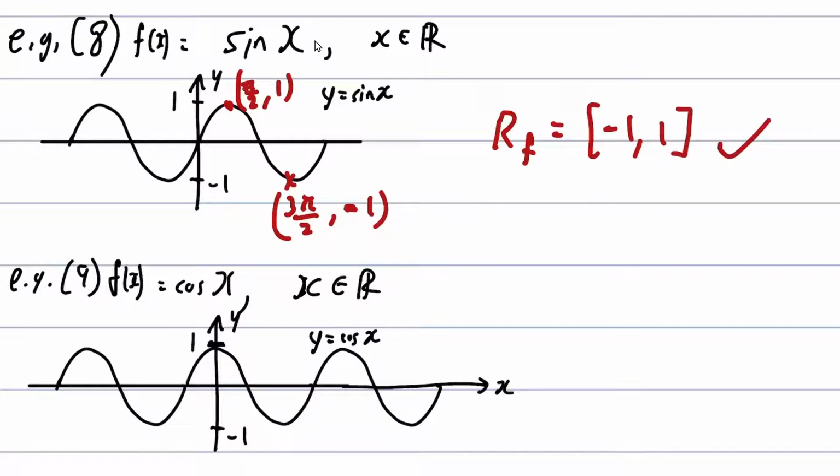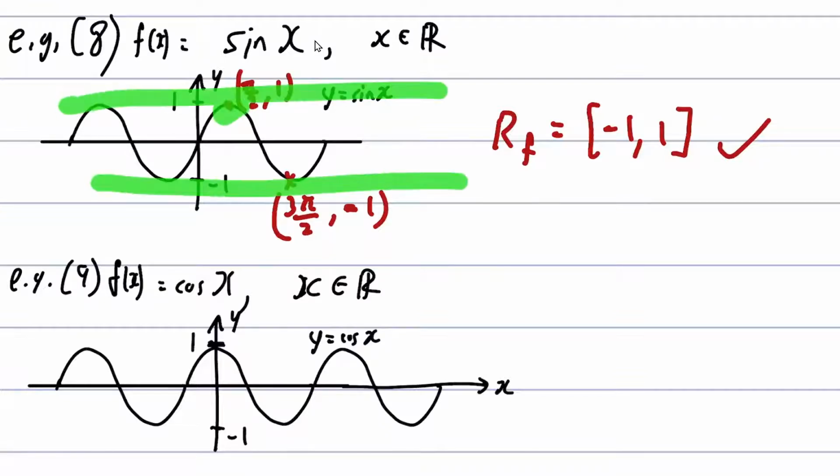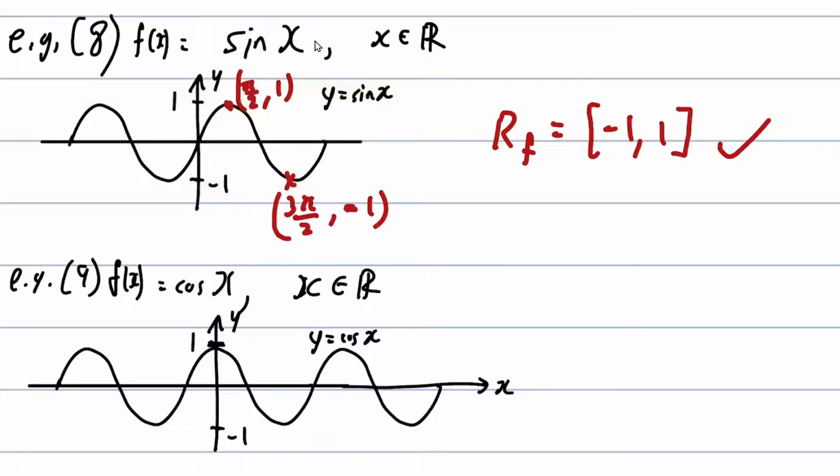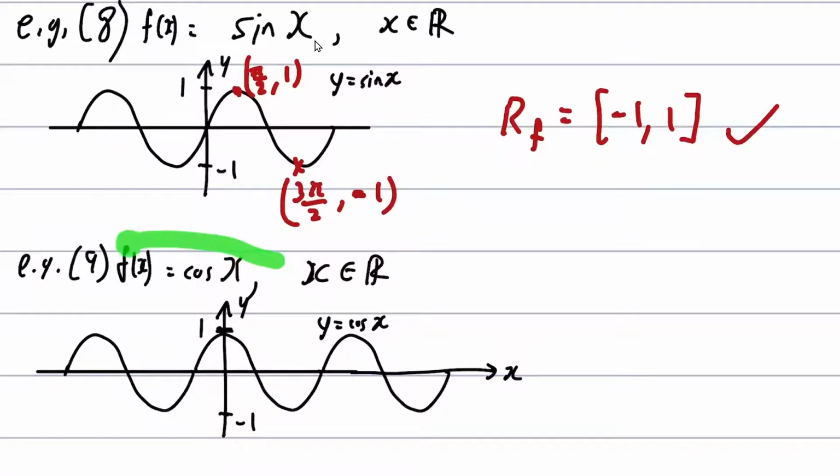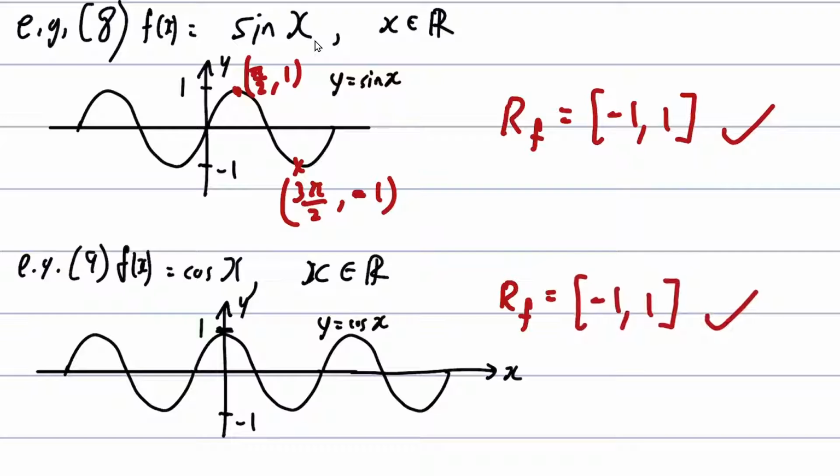Well done. The sine graph will always have a maximum and minimum of +1, -1. You should already know this from secondary school. Okay, how about example 9, cosine x? Same thing as the previous one. Exactly the same thing, because when you see the sine curve and the cosine curve,